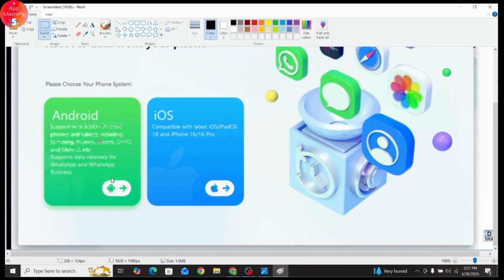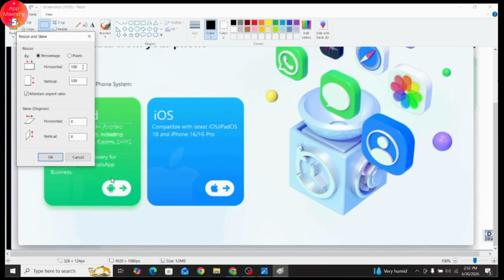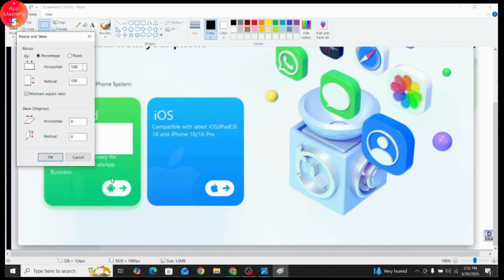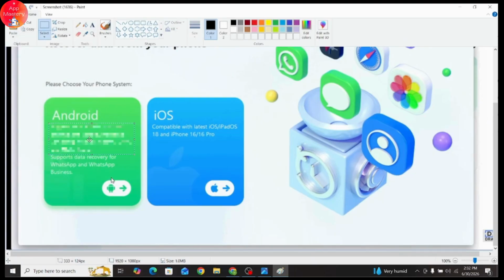Or if this doesn't work, or if it feels hard to try, then you just need to go with the resize section. And here, as you can see, you need to remember these pixels, the horizontal and the vertical one. In my case, it's 100, 100. So what you need to do is just reduce the pixels. Like I'll go with 10 and 10. Once done, you need to go to resize again, and now resize it to 100 and then go with OK. And as you can see, it has been blurred. That's how you can pixelate or blur the image or